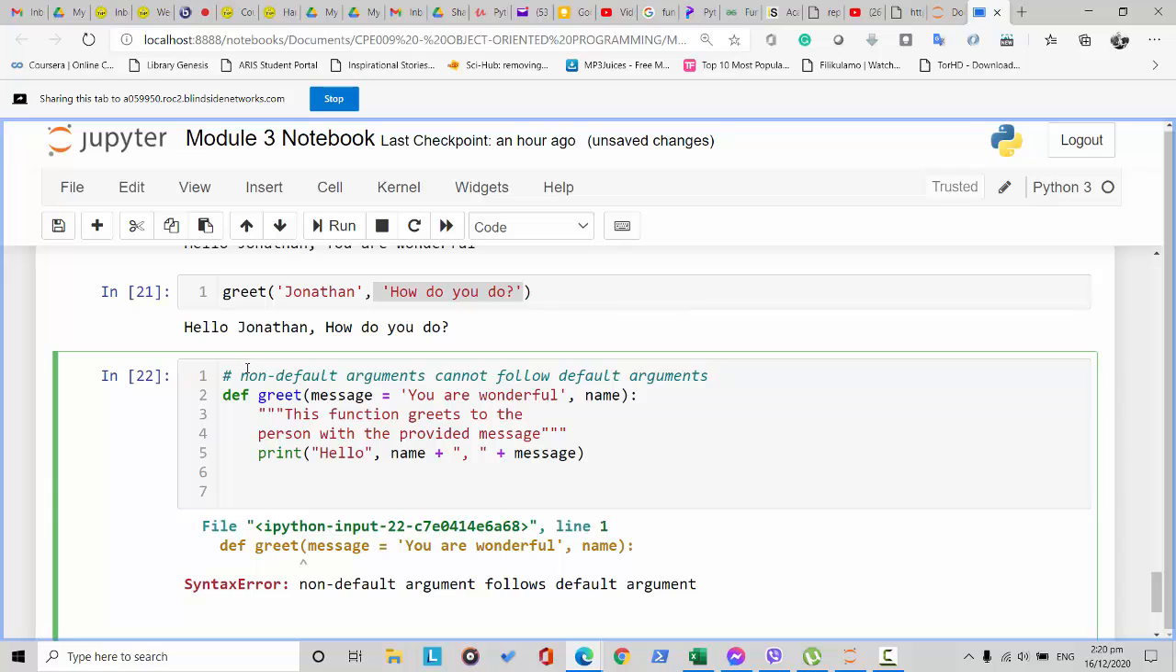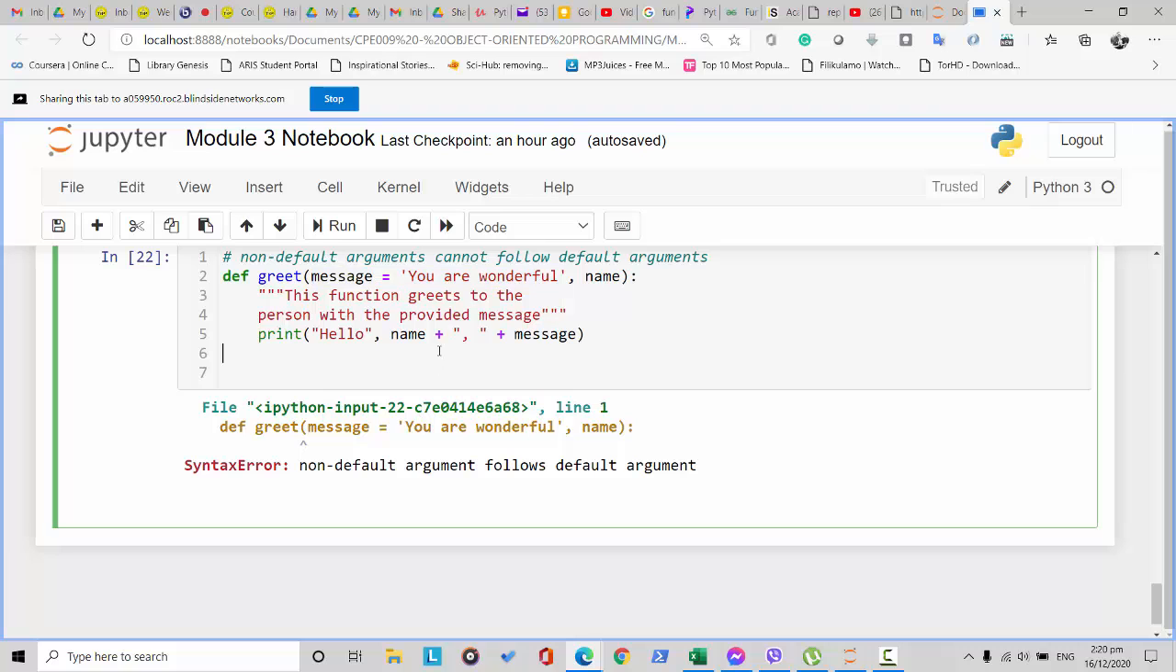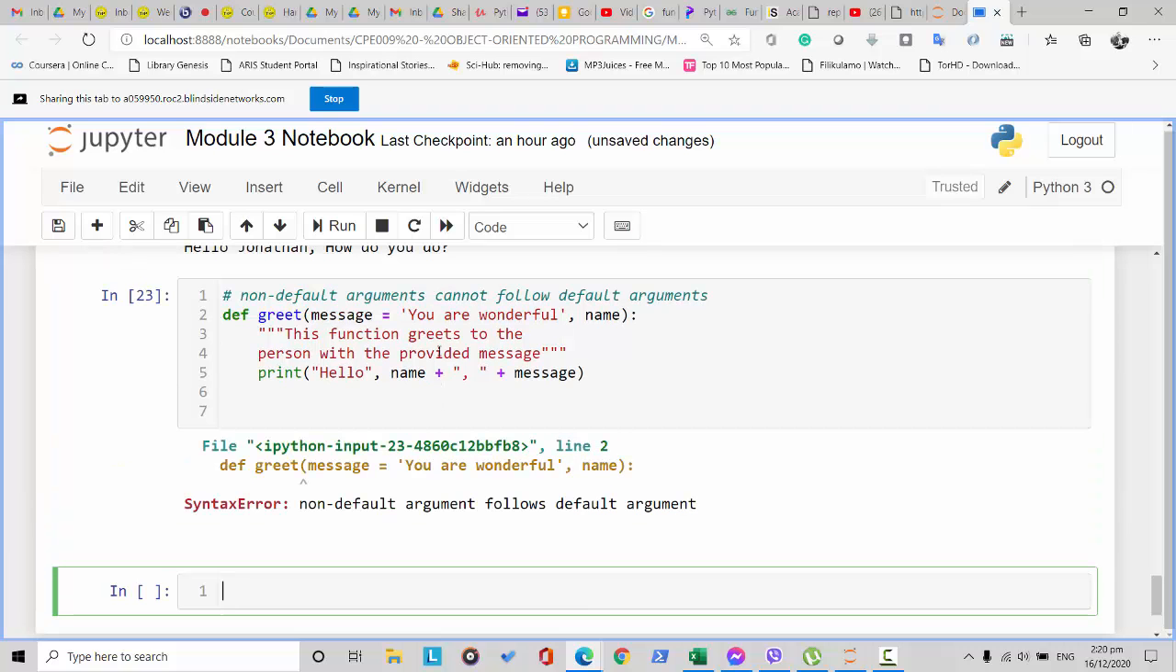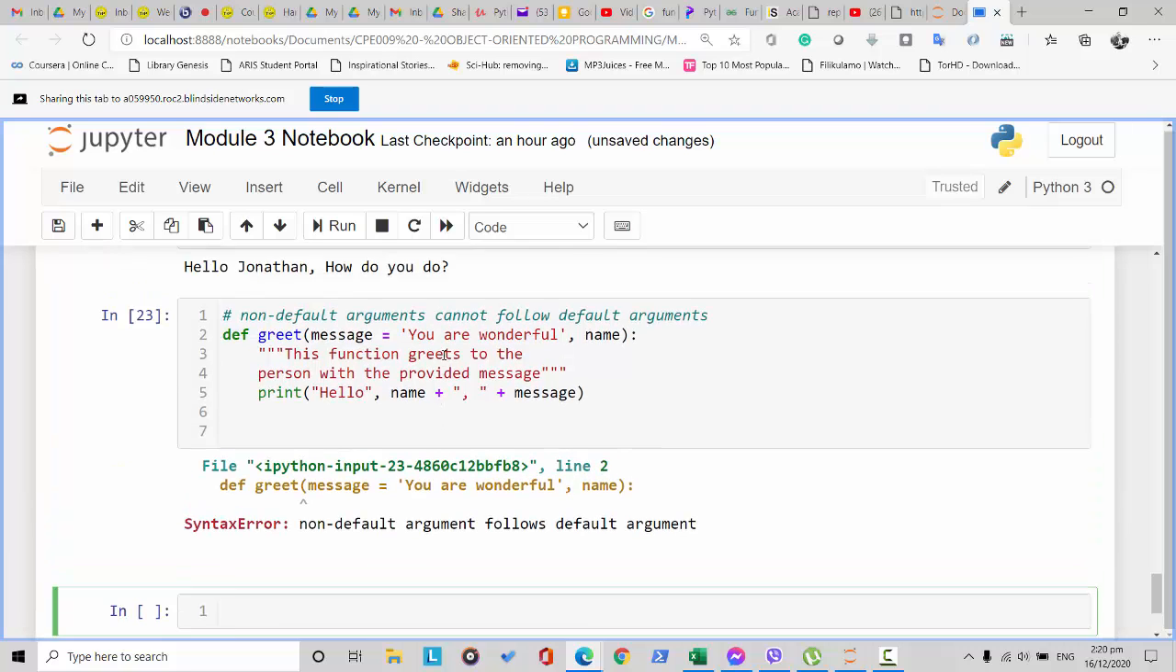arguments. Like this one, this is a non-default. It cannot follow a default argument. Okay? So basically baligtad siya kasi binaligtad ko siya. Kaya nagkaroon tayo ng error. Okay? Now another